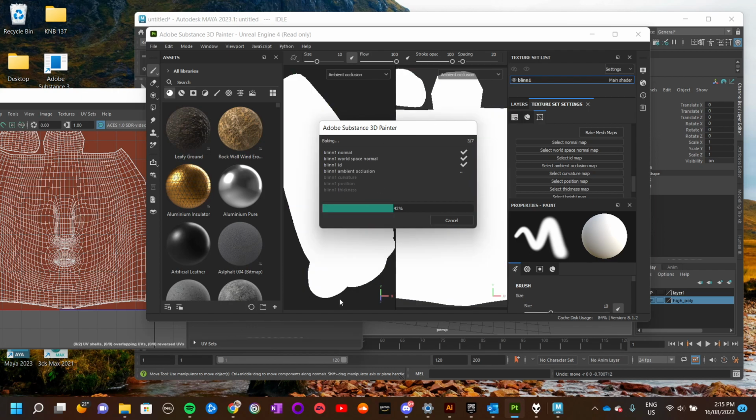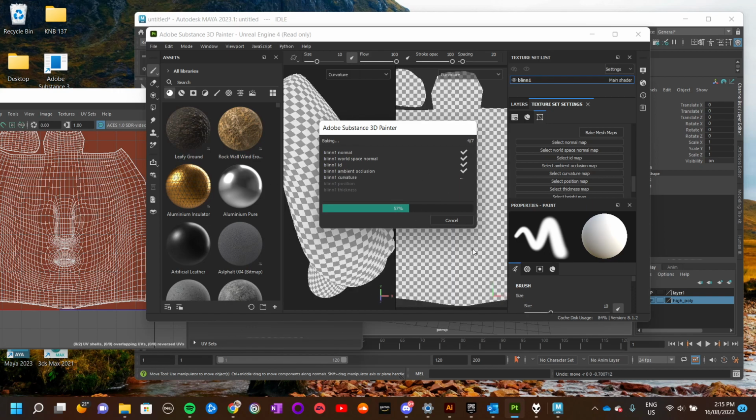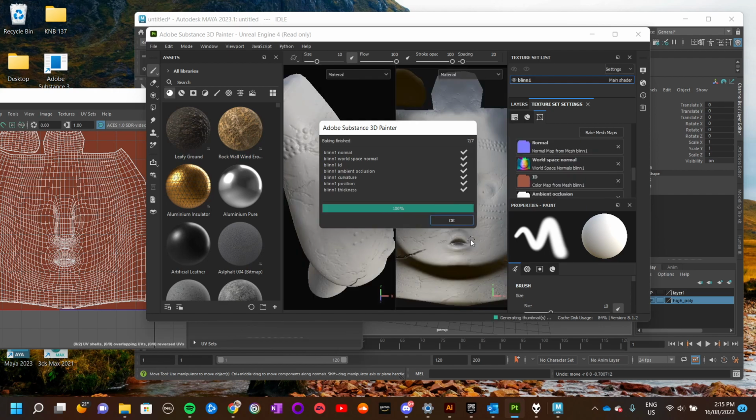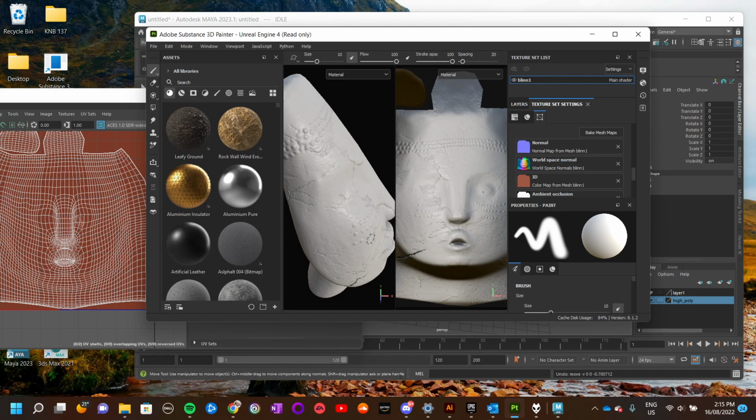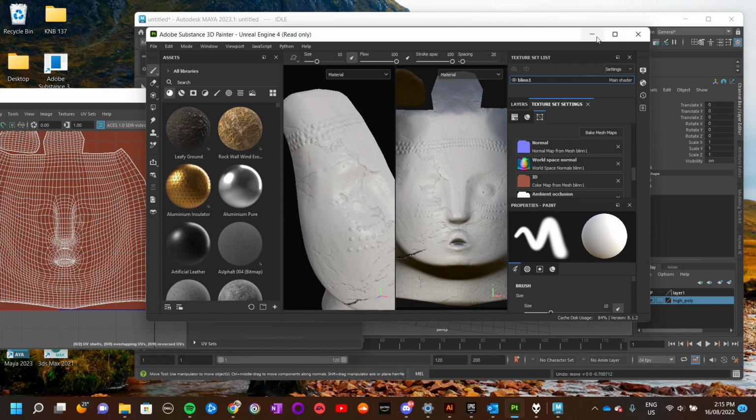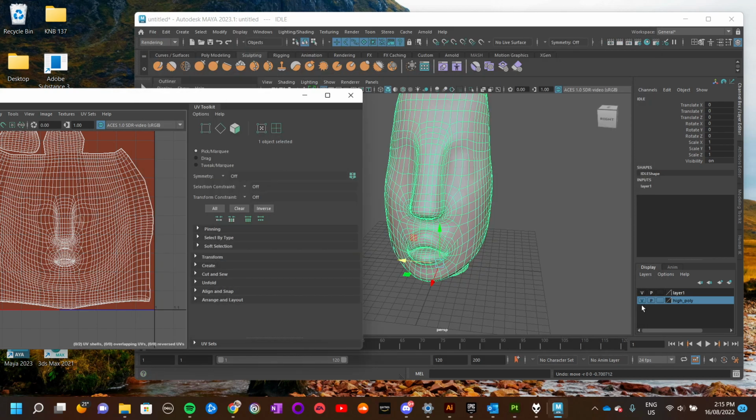it's gonna search for a bigger field around the mesh. So there might be some differences between your low poly and your high poly. So you have to make sure that your low poly is very similar to your high poly mesh. If it's not similar, right? Let's say I'm